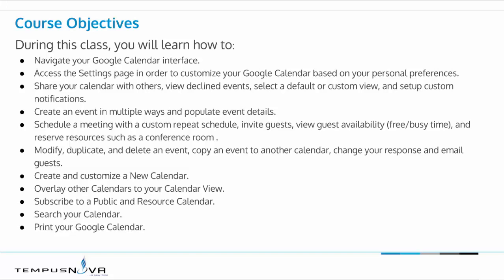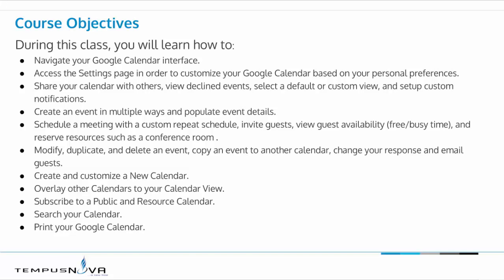During this class, you will learn how to navigate your Google Calendar interface, how to access the settings page in order to customize your Google Calendar based on your personal preferences, share your calendar with others, view declined events, select a default or custom view, and set up custom notifications, create an event in multiple ways and populate event details, schedule a meeting with a custom repeat schedule, invite guests, view guest availability, and reserve resources such as conference rooms,